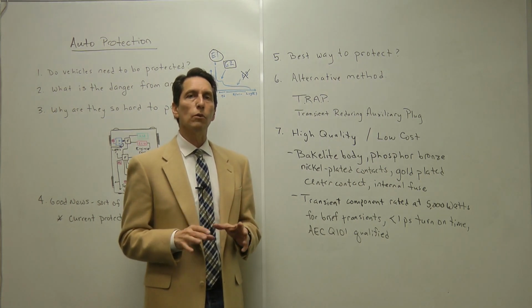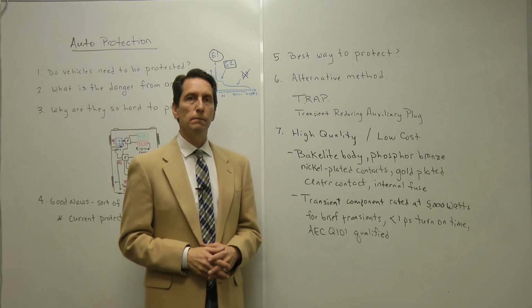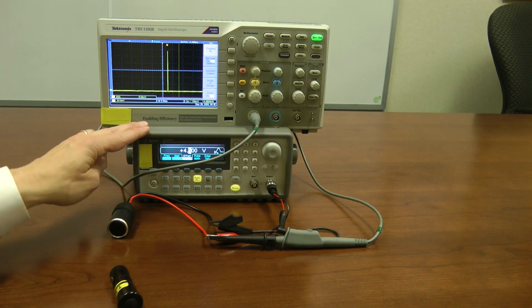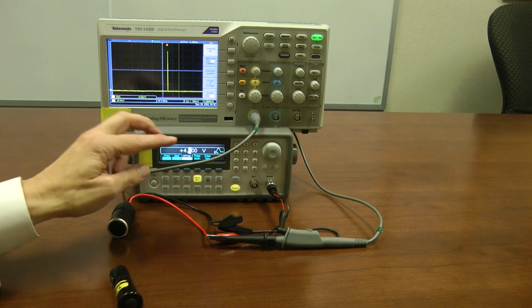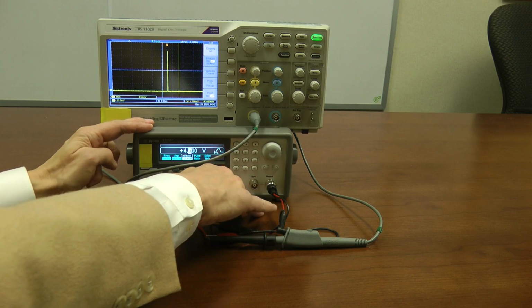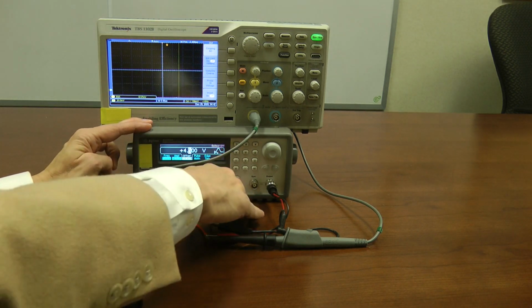Okay, let's go ahead and step away from the whiteboard and take a look at how the T.R.A.P actually works to suppress voltage transients. So I've set up a simple experiment where I took a pulse generator and I generate a pulse and drive it into an oscilloscope here so that you can see the pulse, right? So if I turn off the pulse generator, the pulse will go away, and if I turn it back on,